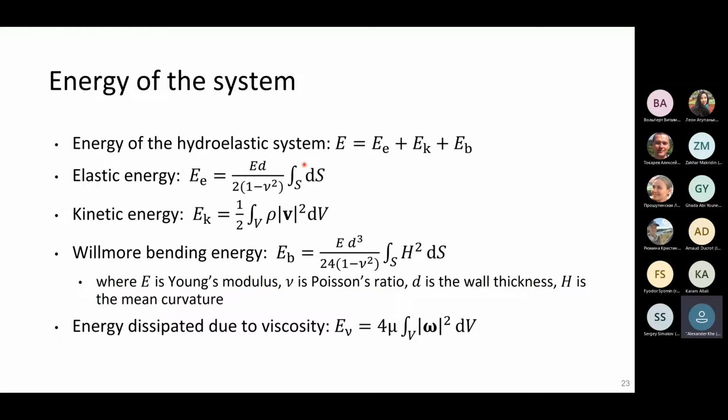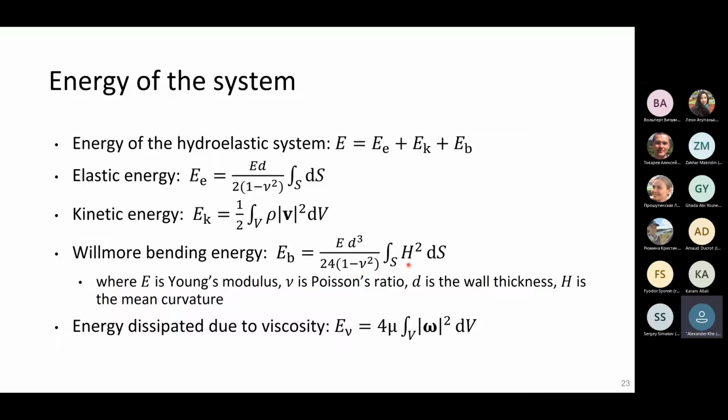First energy is elastic energy, which depends on the area of the membrane or shell. The second energy relates to the fluid. This is the kinetic energy of the fluid, and the next quantity is Willmore bending energy,